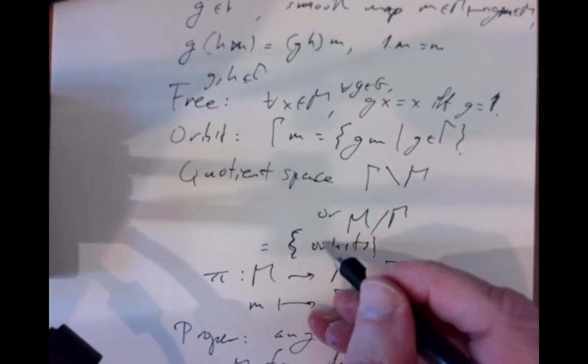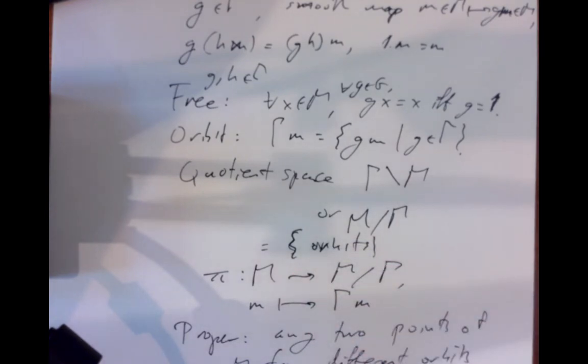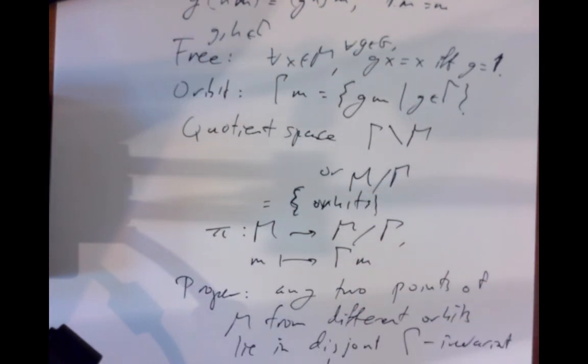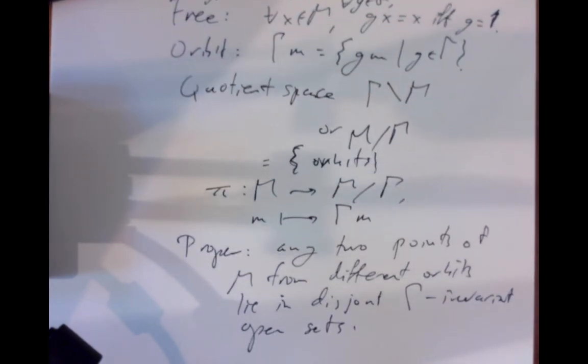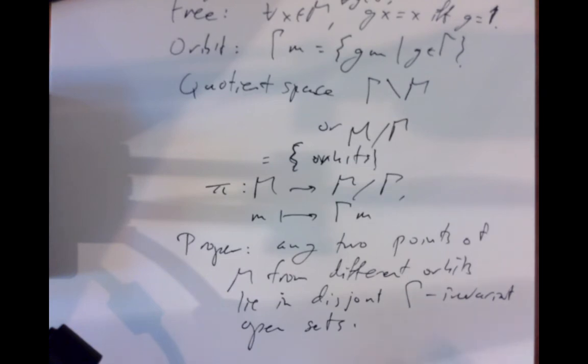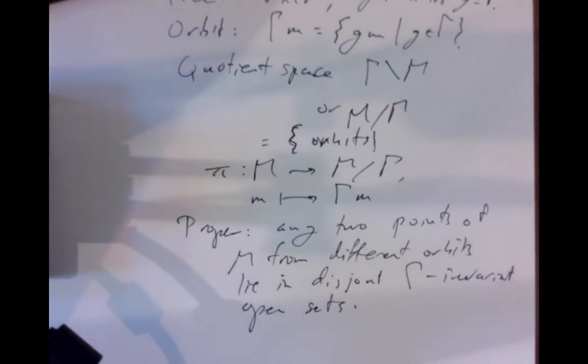We treat each orbit in the manifold as a point of the quotient space, and it has a quotient map and a quotient topology. I didn't write that down, but every quotient has a quotient topology. So, we now have this notion of proper. A group action is said to be proper if any 2 points from different orbits lie in disjoint invariant open sets. Okay, so that's the collection of all the definitions we need to get started on writing down some kind of statement